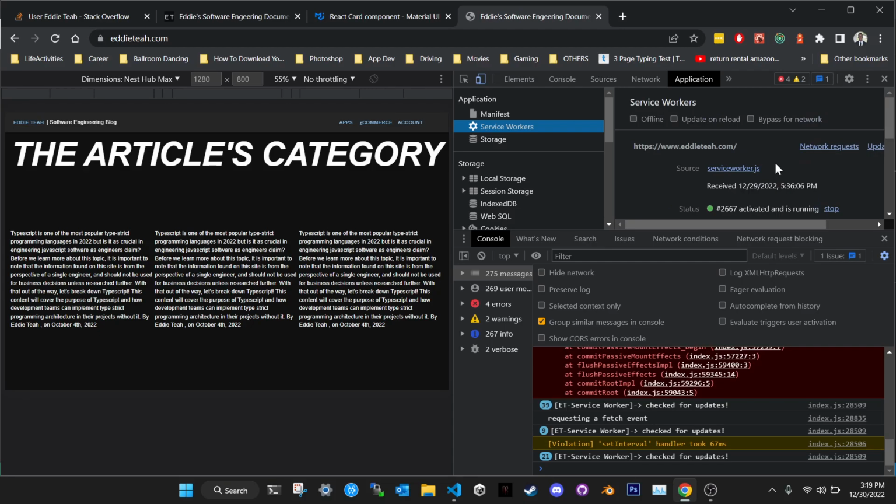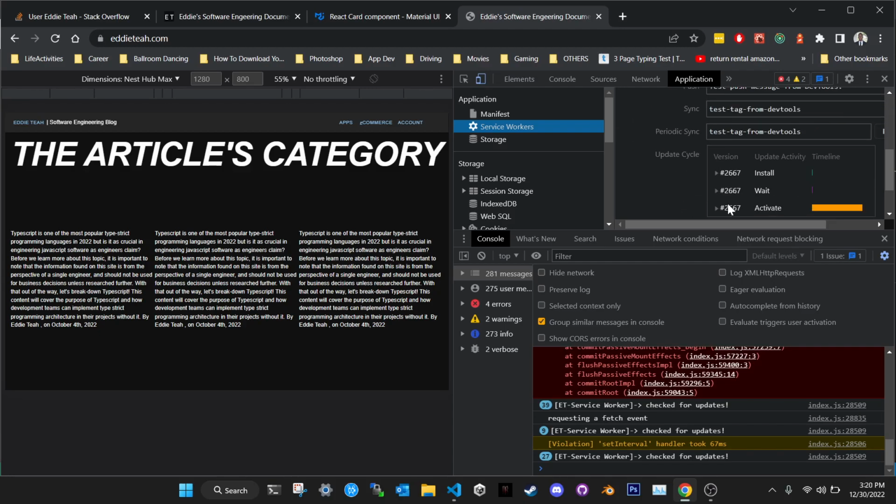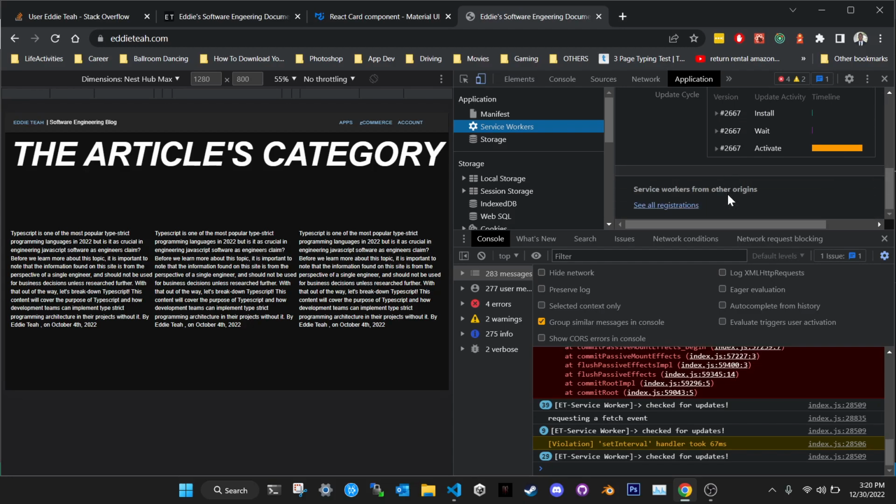I feel like most developers think about service worker in a sense that it is supposed to serve as something like Express, but it is not Express. That's what I was trying to explain earlier.